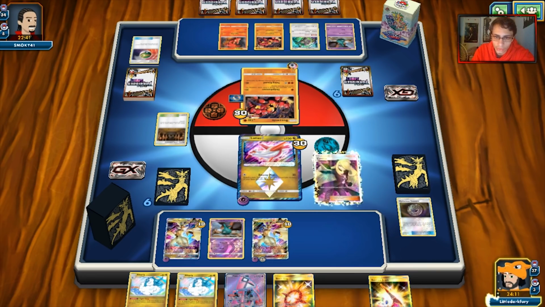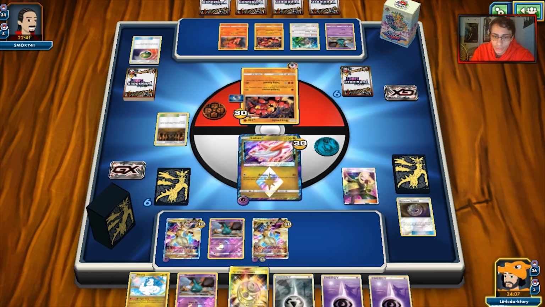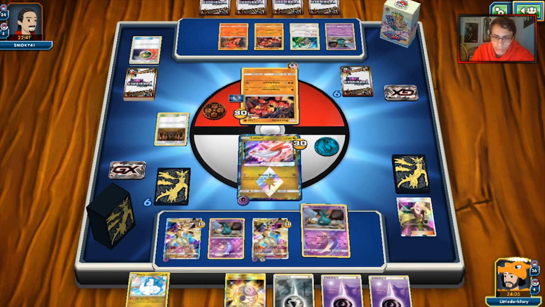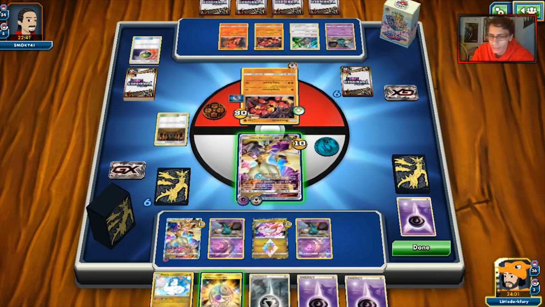Something we don't really need. So, yeah, we'll Cynthia here. Really looking for something good. Okay, we got Treasure. We got Garbodor. We'll put Trubbish down. No... I was hoping we maybe find either a Guzma or